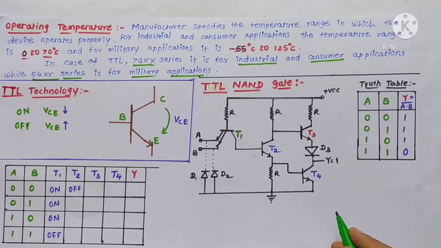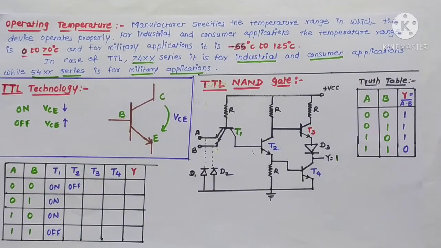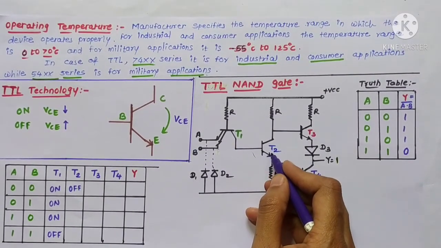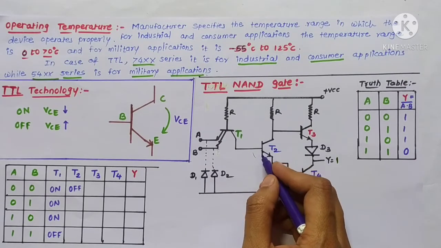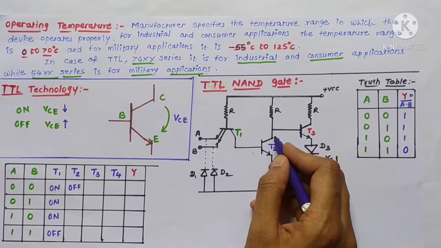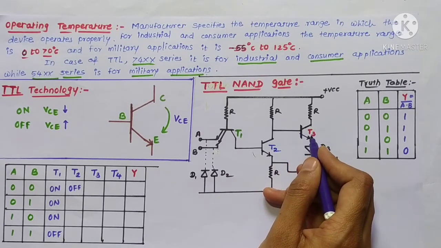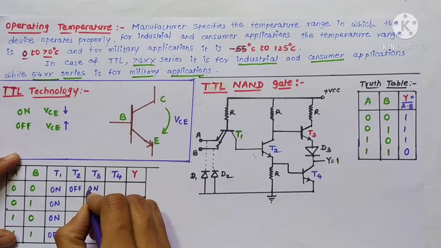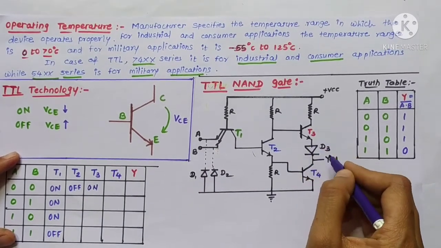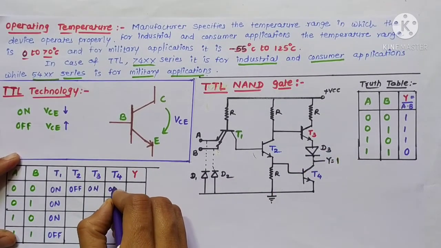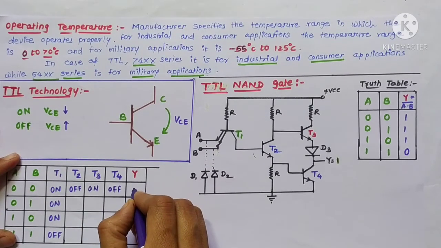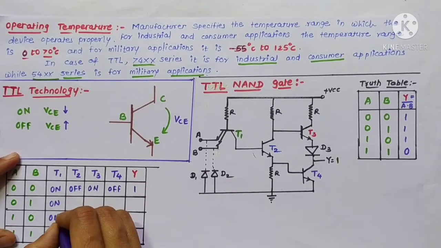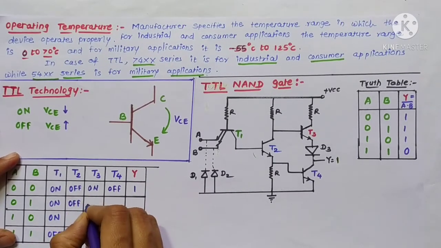Okay students, I repeat again. When transistor T1 switches on, this T2 switches off. This switch off of T2 makes the collector high, as the high collector is given to the T3. Therefore, this T3 switches on. As transistor T3 switches on, therefore transistor T4 switches off. Thus, we'll get the output is 1. Okay. In first three cases, we'll get the same condition.